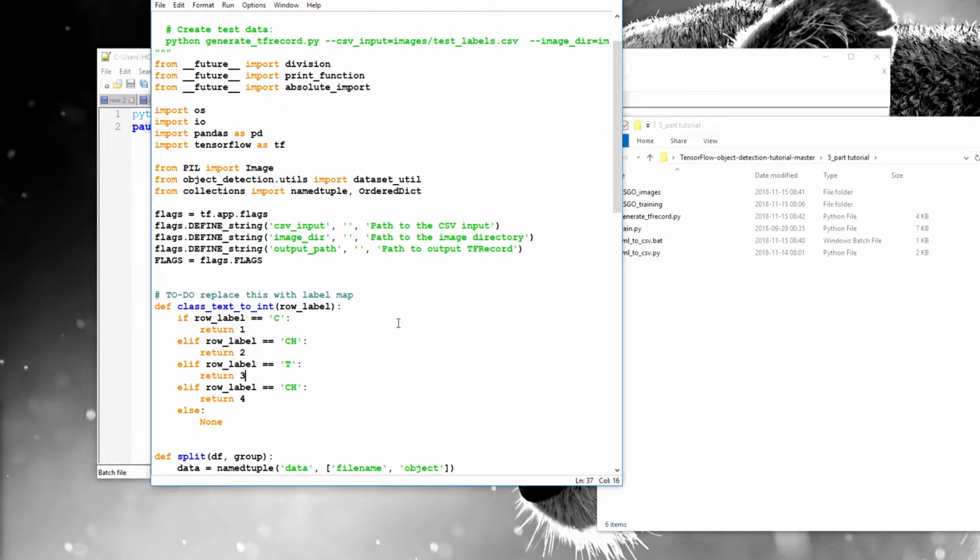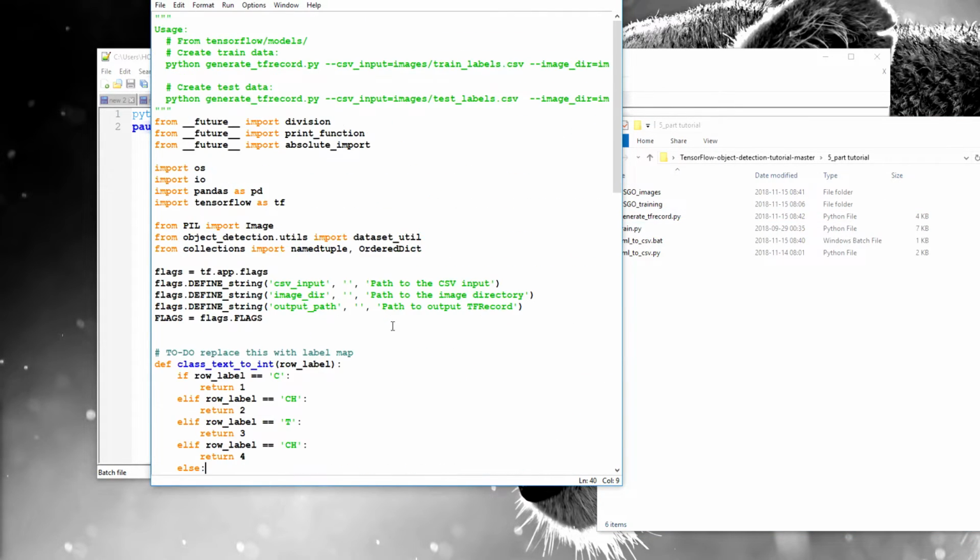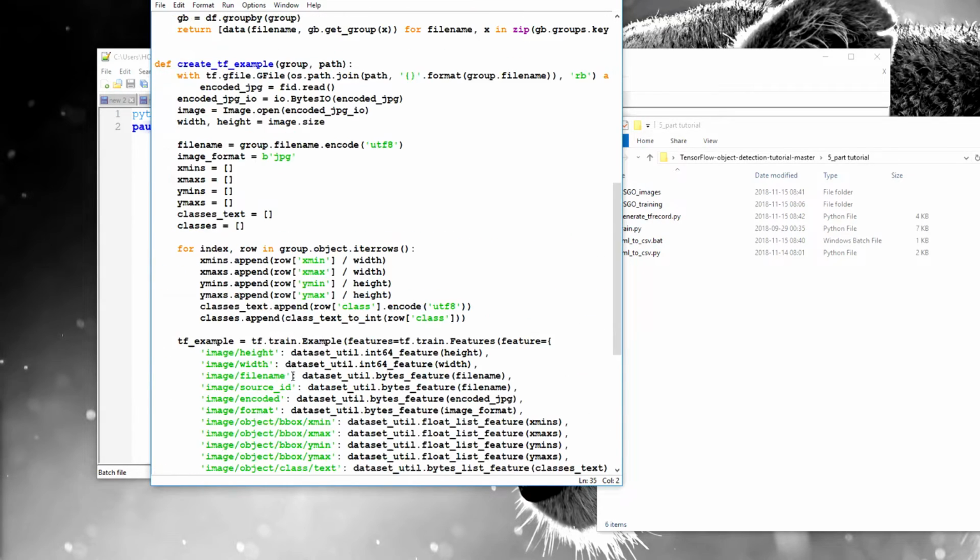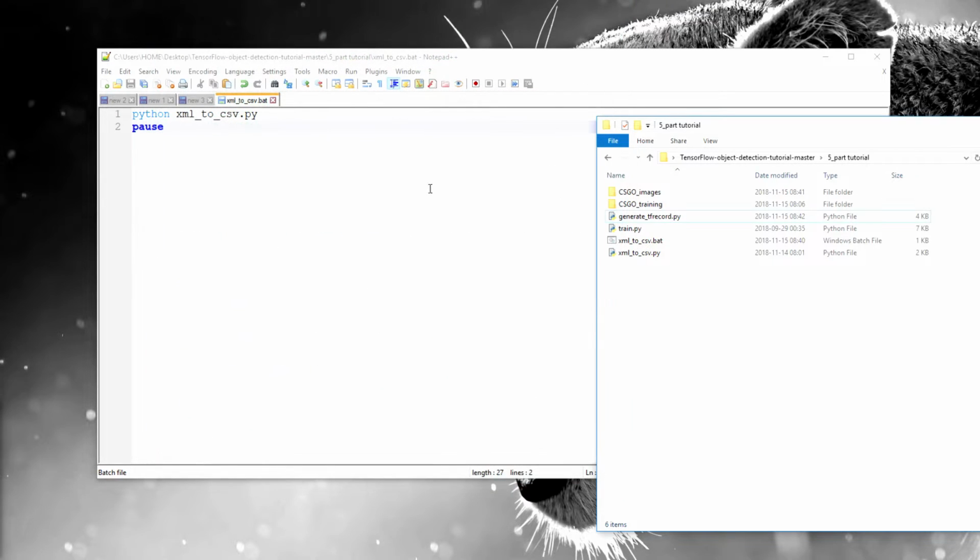This file was also taken from the Edje Electronics GitHub repository. So if you are doing your own object detection and not using my tutorial, you can replace the label map with your own label maps, where each object will be assigned an ID number, and the same number assignment will be used when configuring the label map pb.txt file. I'll show this in a moment. So I can close this. I think now it's only these lines we need to change, so we don't need this anymore. I will close this,